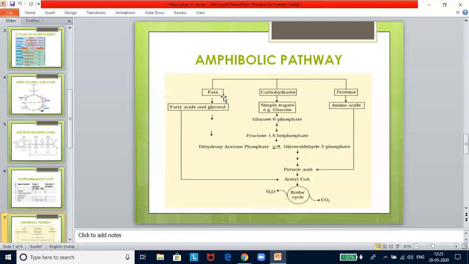Now, what happens here is they cannot be directly entering into the respiratory pathway. So here you see in the diagram how fatty acids and proteins are getting converted and how they are getting in. Fats would need to be broken down into glycerol and fatty acids first. If fatty acids were to be respired, they would be degraded to acetyl coenzyme A, and then they enter the pathway. Glycerol would enter the pathway after being converted to phosphoglyceraldehyde.